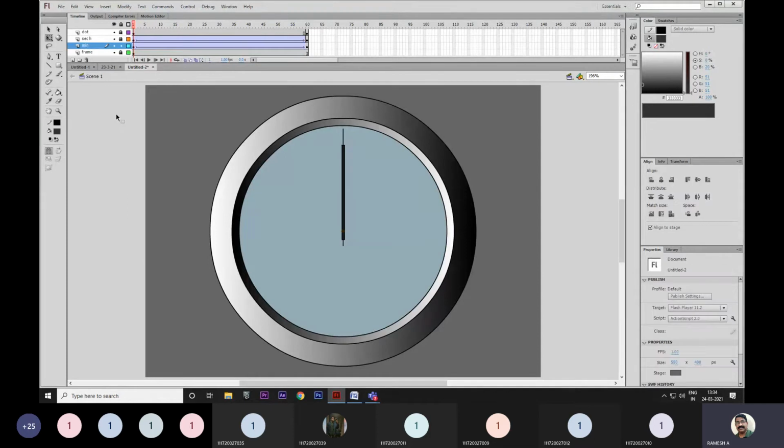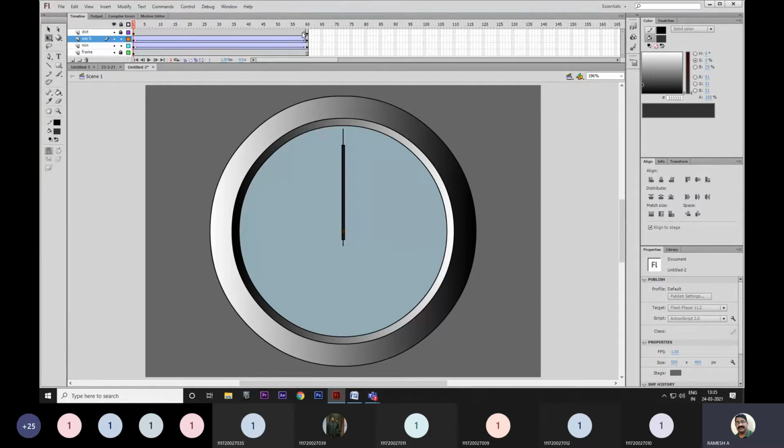Otherwise, I will give you a small clue. I'm going to select the seconds hand and the first frame. Here, for clockwise rotations I am giving 60 rotations. Okay. Now you tell me where I have to apply this. How many frames do I have to take now? If the second hand is taking 60 rounds, 60 into 60. How much is it? 3,600.